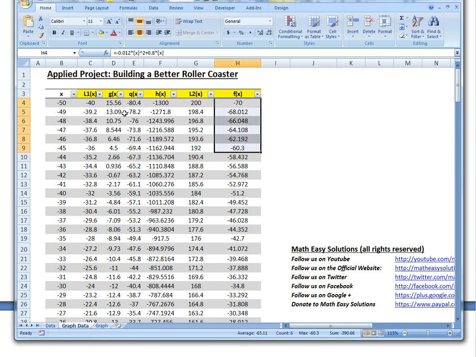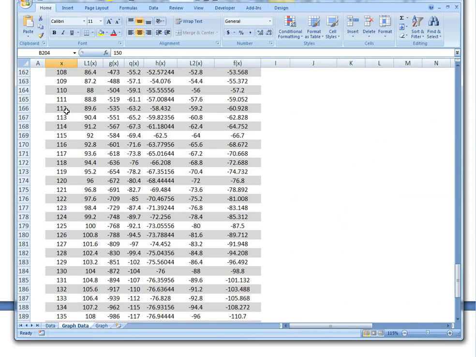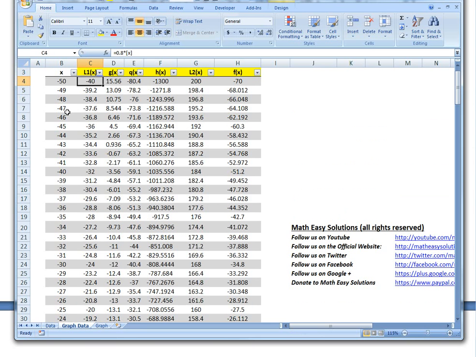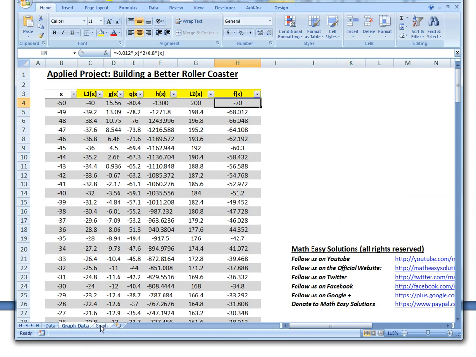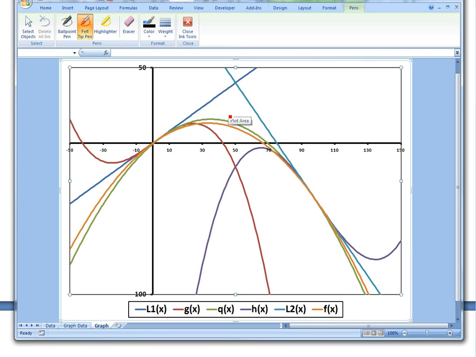That's just a basic parabola and 2 lines. So now I made a table from negative 50 all the way to 150 and calculated these out based on those equations that we derived. Basically, when you graph it out, it looks something like this, where this function right here is our Q, and as you can see, the cubic function goes down like this and goes up,